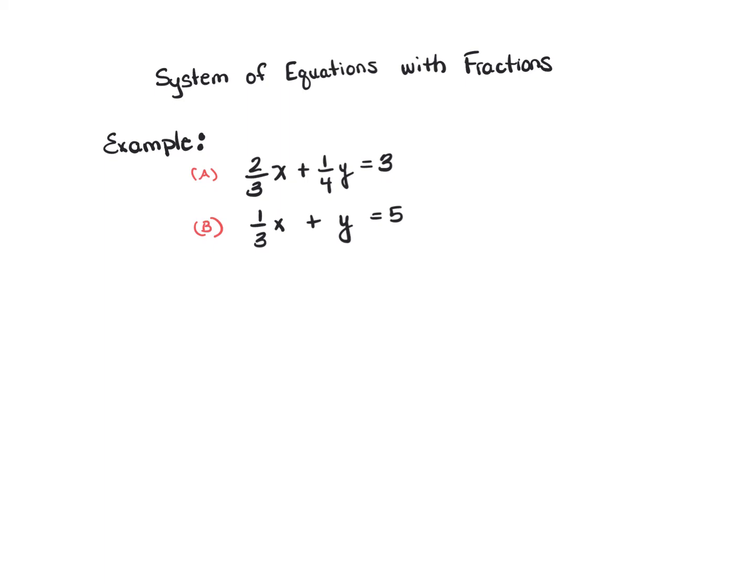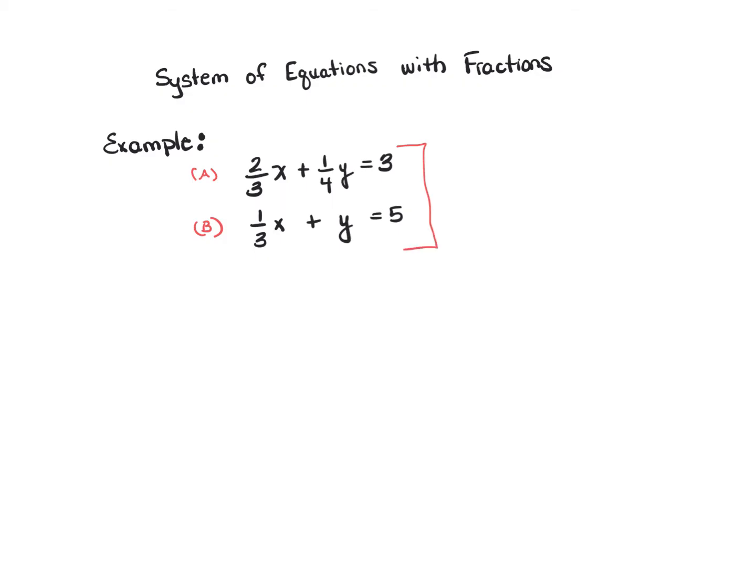Let's take a look at an example of a system of equations that starts with fractions. I oftentimes see people try to work with the fractions and they confuse themselves. So rather than multiplying equation b by -2 and getting -2/3, let's try to eliminate the fractions first thing. So what we're going to do is look at the least common multiple of each of these